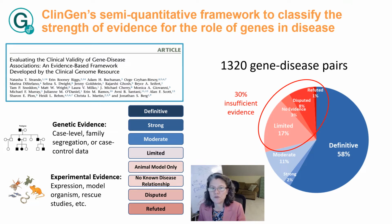Now, as I mentioned, one of the areas we do curation in is gene disease validity. So is this gene that's been reported as causal for a particular disease, is there sufficient evidence for that claim? And we published a semi-quantitative framework to really look at this evidence and classify it, and we score genetic evidence, so case observations, segregation in families, case control studies, things like that, as well as experimental evidence, expression of the gene, model organisms, rescue studies, those sorts of things. And once we score all of that evidence, it then leads to a category, one of the ones shown here that I'm circling, either definitive, strong, moderate, limited, only an animal model but no human evidence, no known disease relationship,